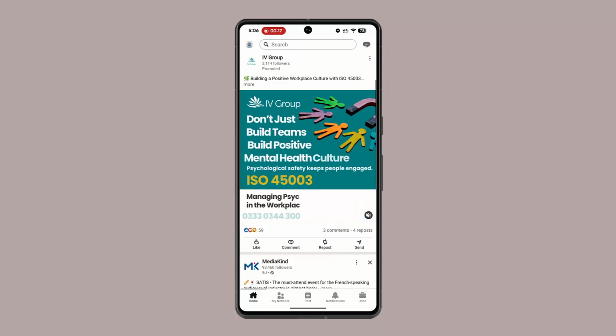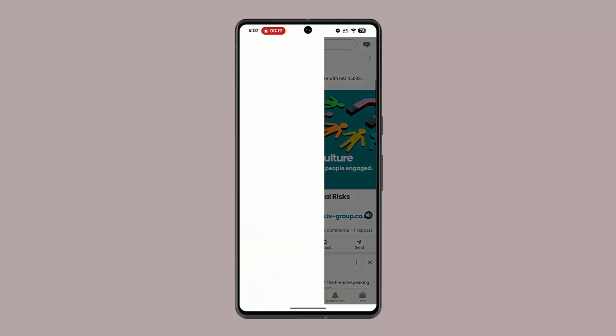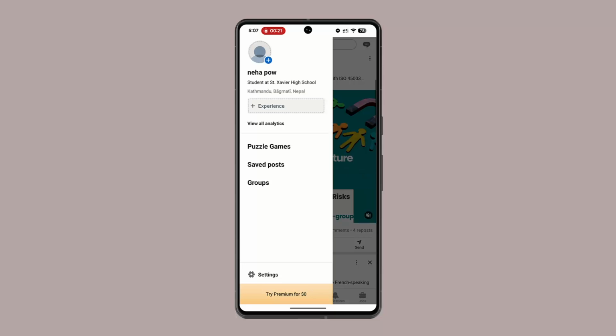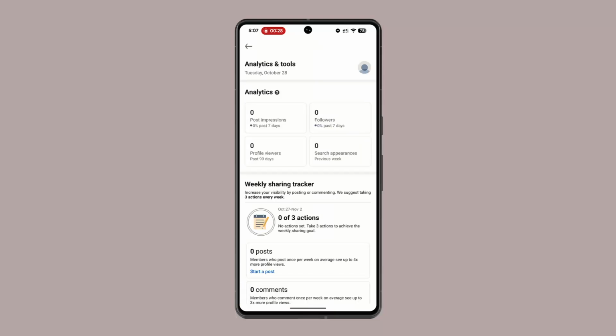to the latest version. To begin with, click on the me icon from the top left corner of your screen, and then you want to go ahead and click on view all analytics from the list. So once you click on this option, you'll then be able to scroll down to the analytics section right